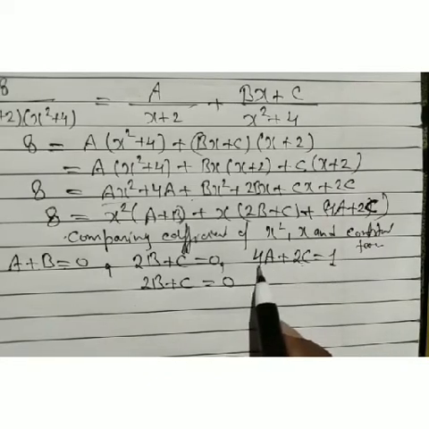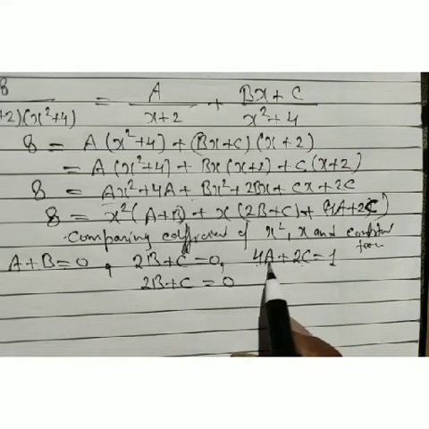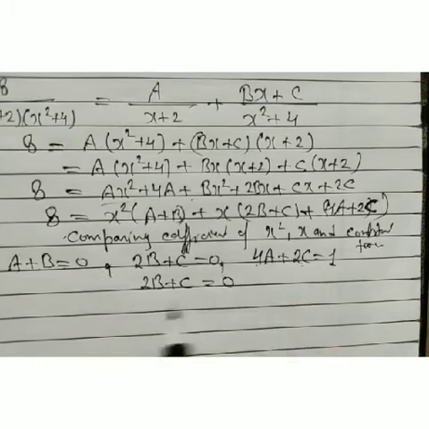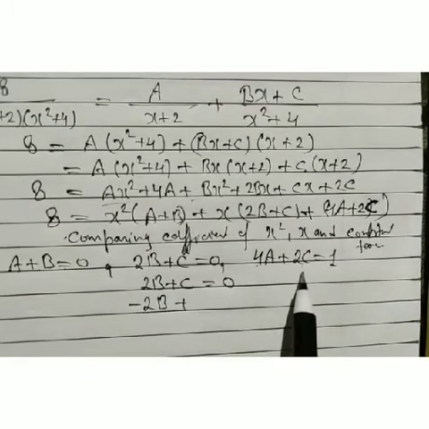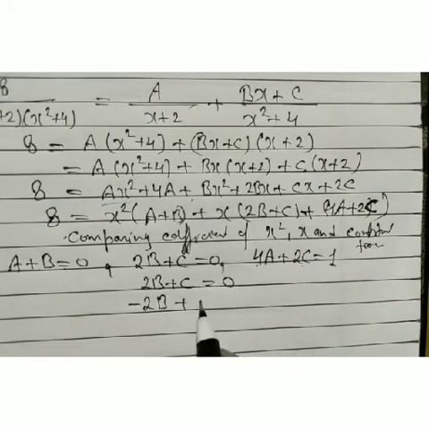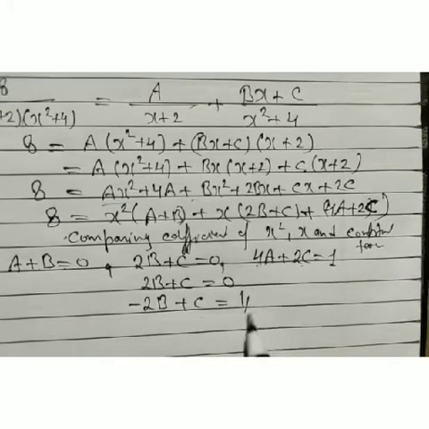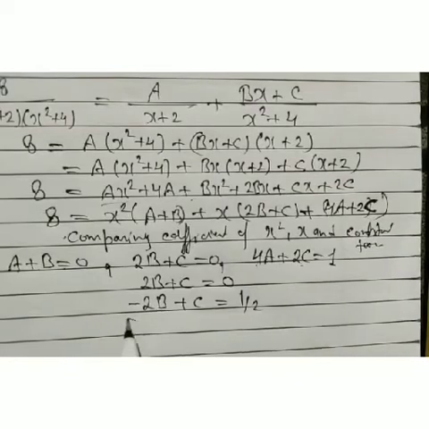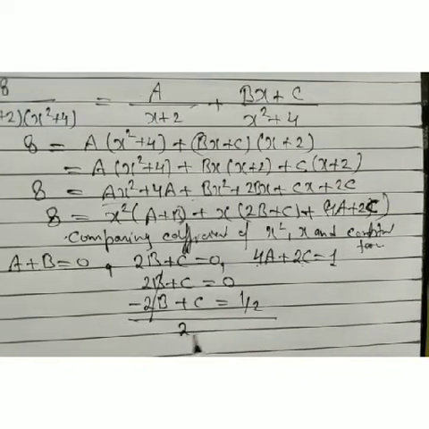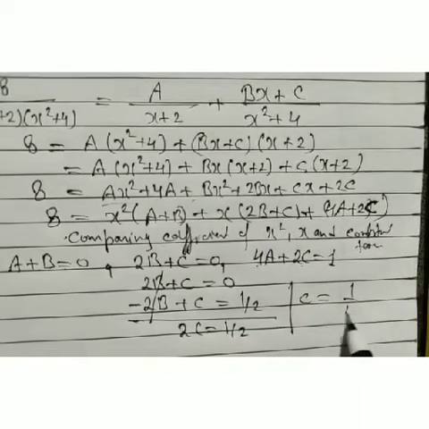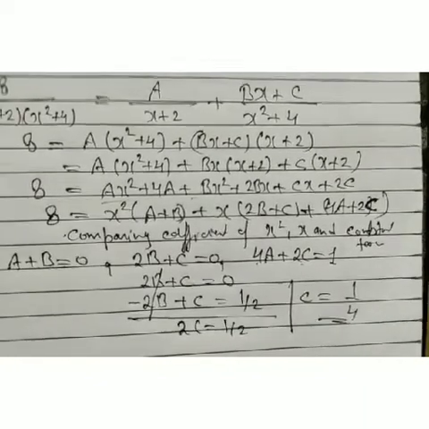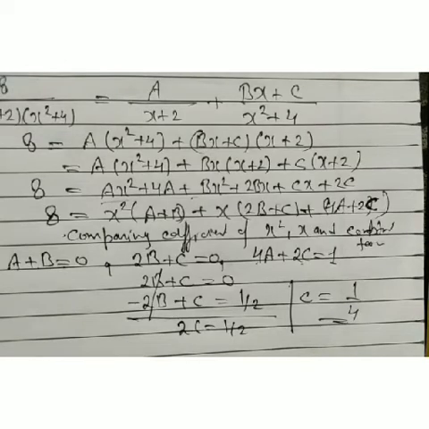Then what do we have? Here just 2, and a is minus b. Then we have minus 2b plus c, taking c common there, and it is equal to 1 by 2. Now we are going to add it. Then we have 2c is equal to 1 by 2, so the value of c is 1 by 4. First of all, have we not made any mistake there?